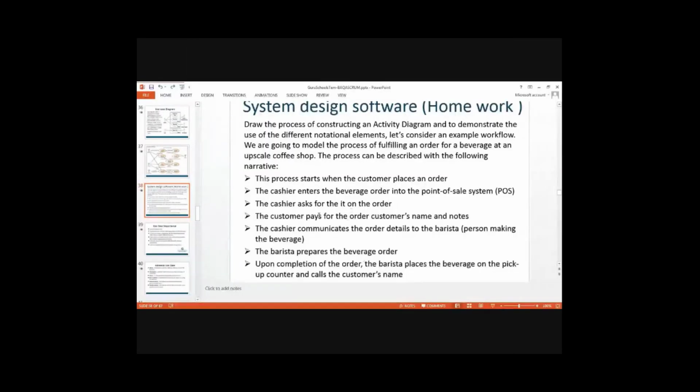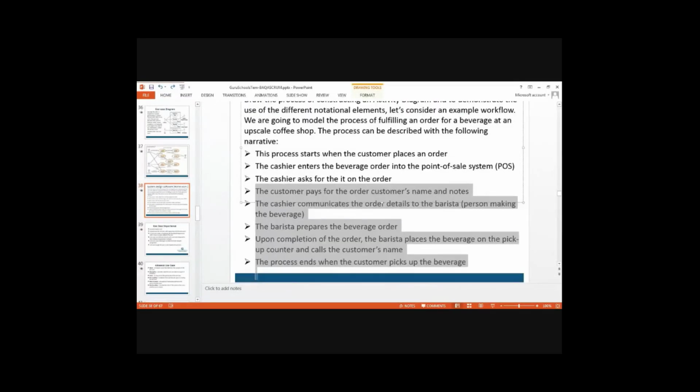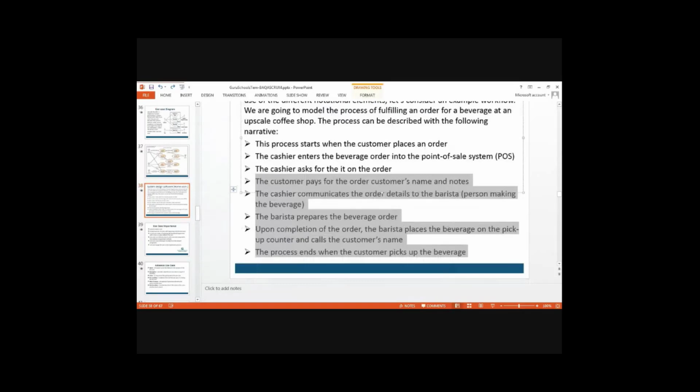The cashier asked for the order. Let me do cashier and customer please. I'll copy this. I think there's a limitation on the number of words. So are these the general things, or are you asking us to do it generally or specifically for a certain scenario? These are basically